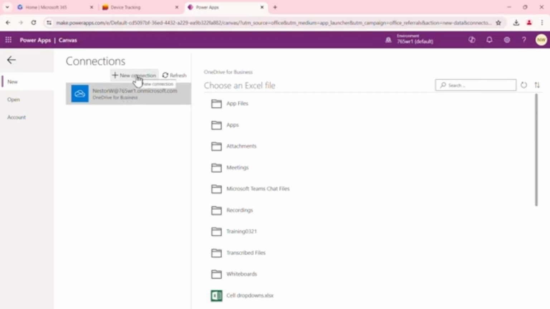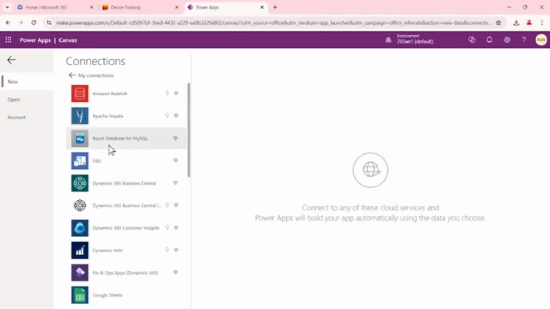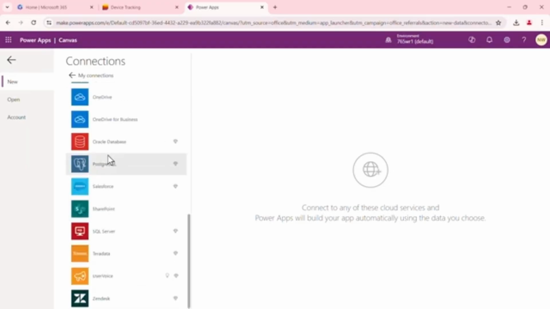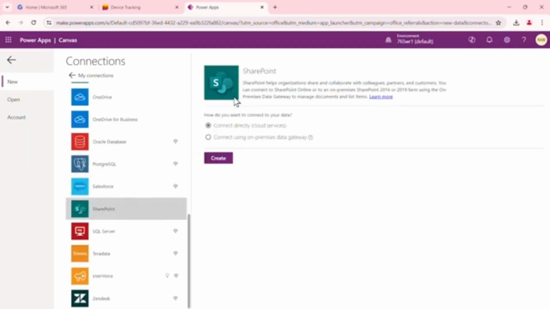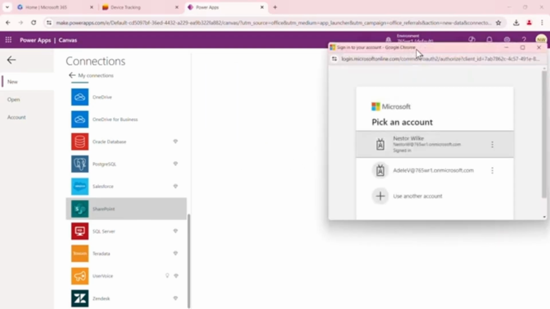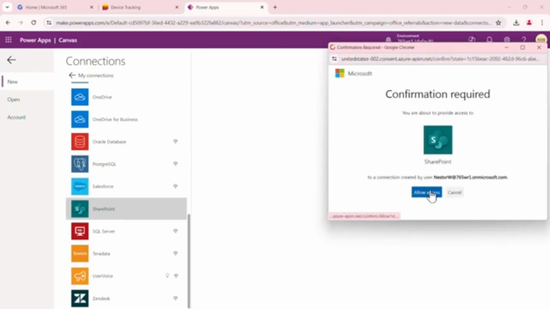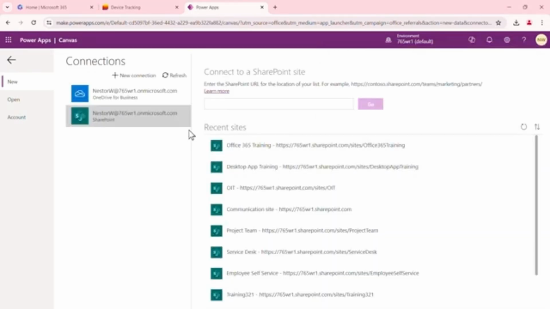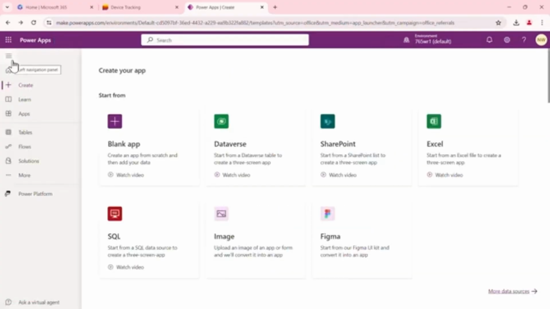Okay, so I'll go ahead and create a new connection. I'm going to look for SharePoint here. Here's SharePoint. I'll go ahead and connect. I'll go ahead and click on create. And I'll finish up the authentication process here. Allow access. Okay. So now that I've connected, I'm going to go back and go through the process again because it looks like,